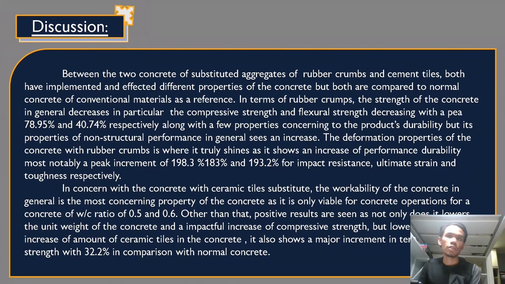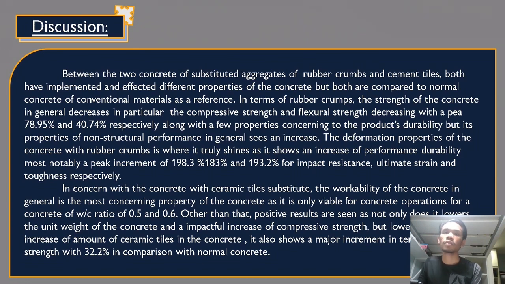For our discussion, the two concretes with substitute aggregates of rubber crumbs and ceramic tiles have both been implemented and affect different properties of the concrete. Both are compared to a normal concrete of conventional materials as a reference. For the rubber crumb, the compressive strength decreases with a peak of 78.95%, the flexural strength decreases with a peak of 40.74%, with an increase of performance durability, most notably a peak increment of 198.3% for impact resistance, 183% for the ultimate strength,